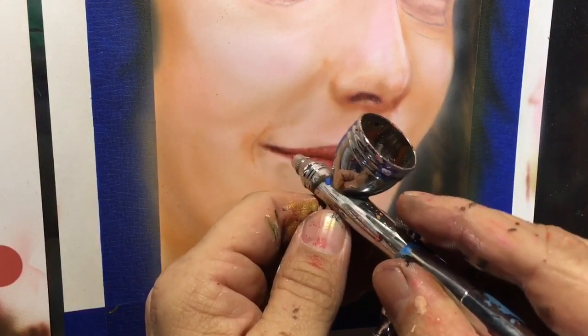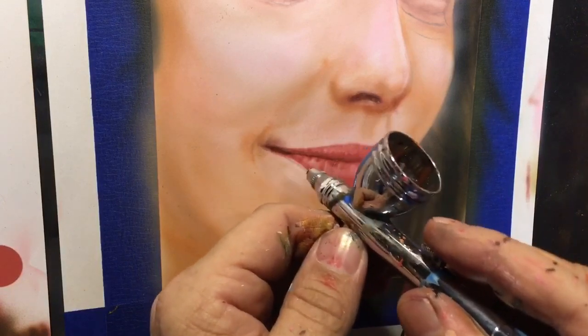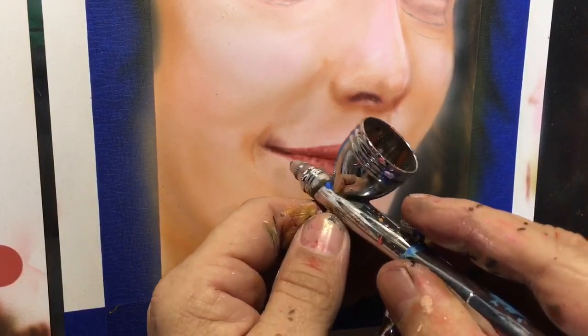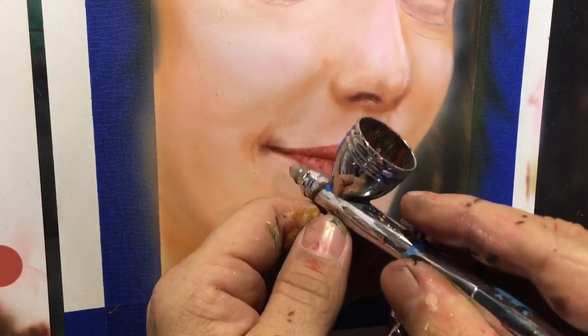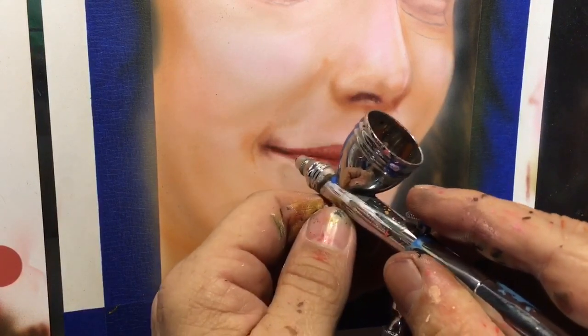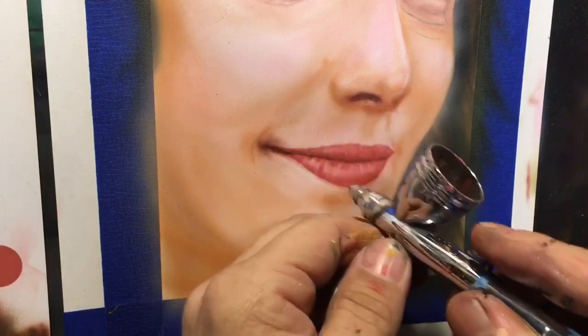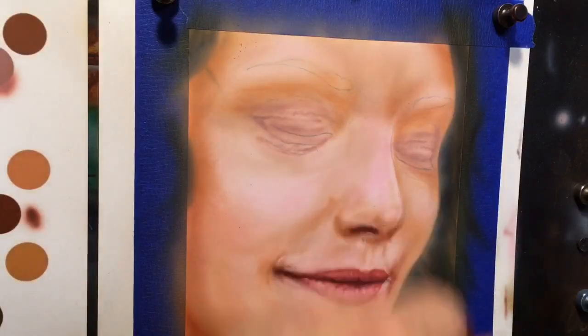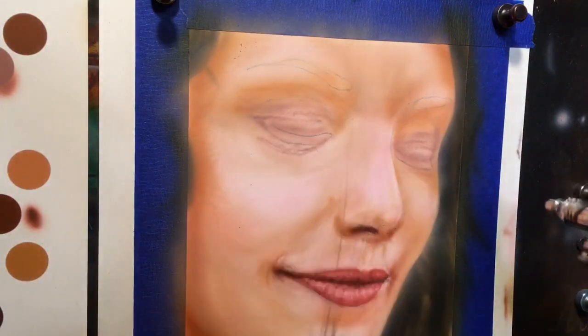And it's just like anything else, it's just a question of paying attention. Is your edge hard? Is your edge soft? How far out does it blend? How far down does it come? Those are questions you should always be asking yourself. And then I'll probably trace around the lips just a little bit, just to take out that sterile look from the paper. Still have more colors to put in here, but I've gotten tired of looking at this bare head,